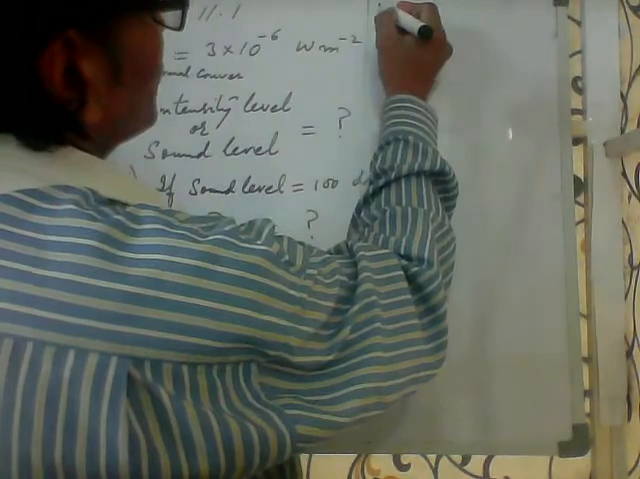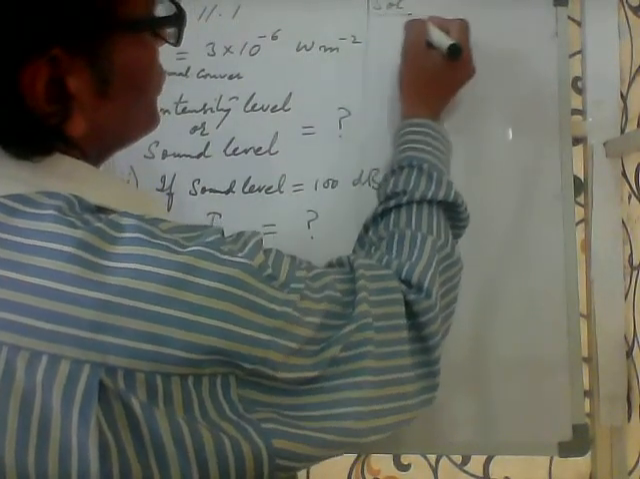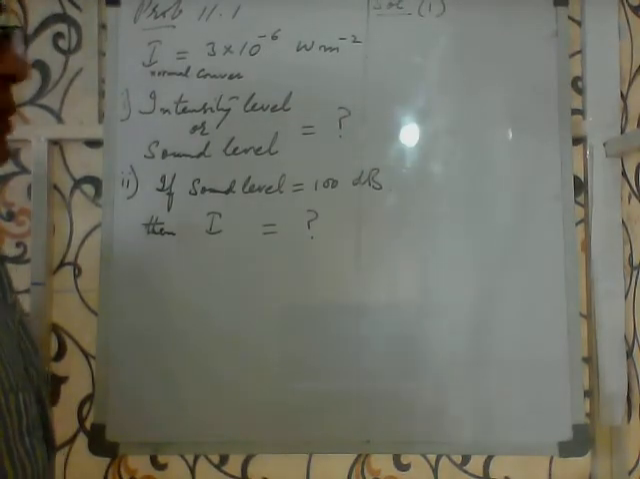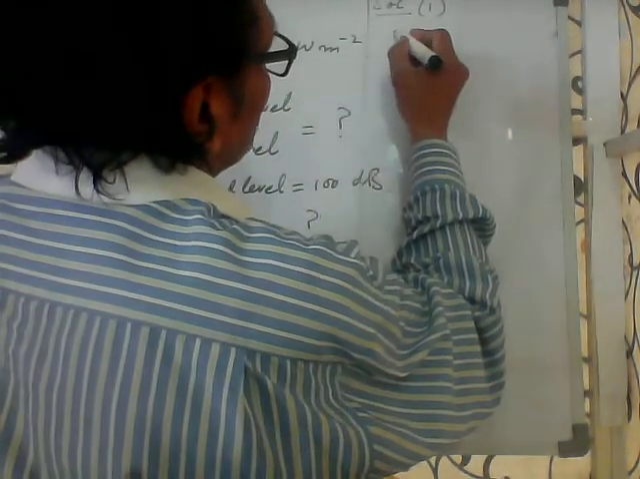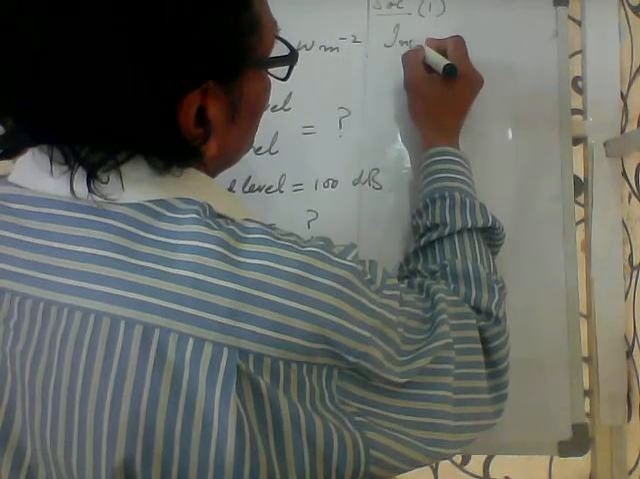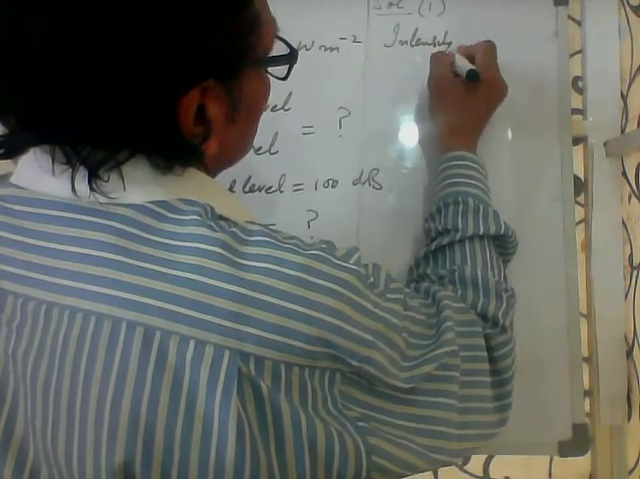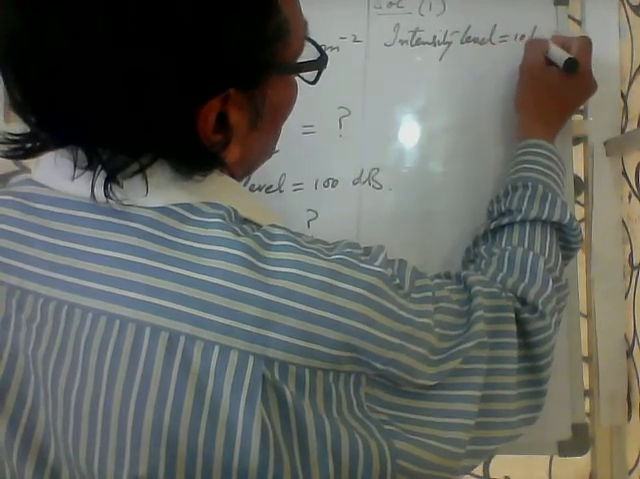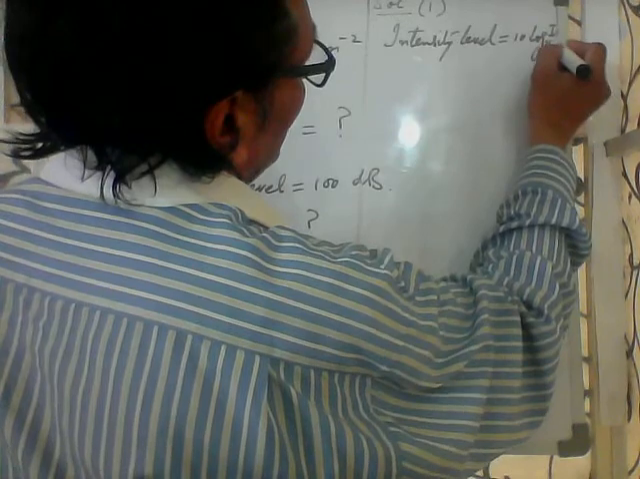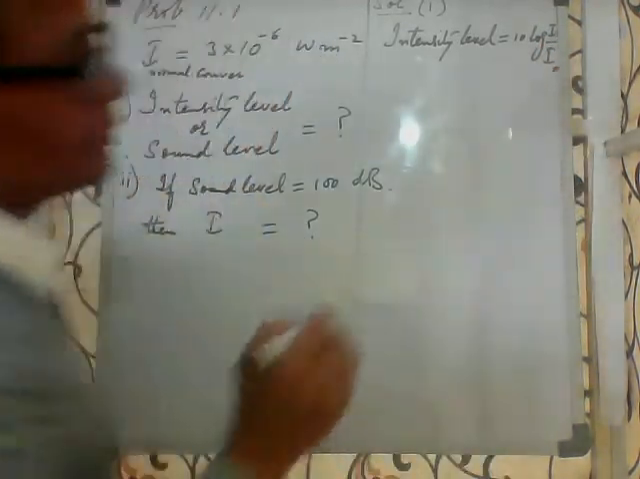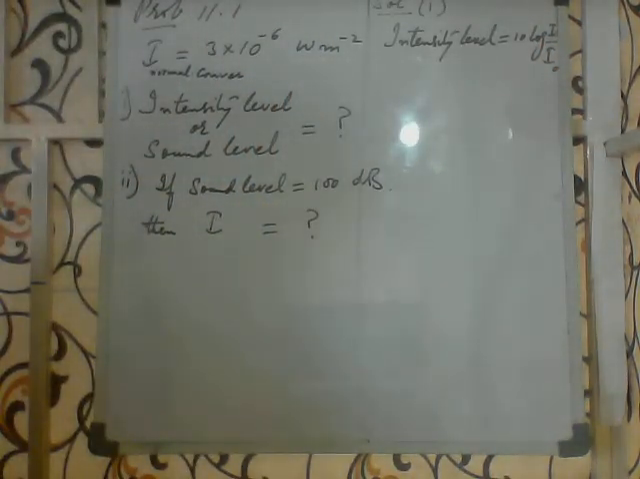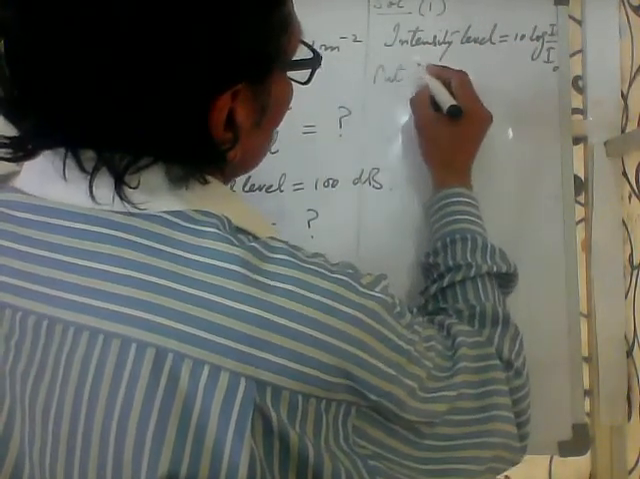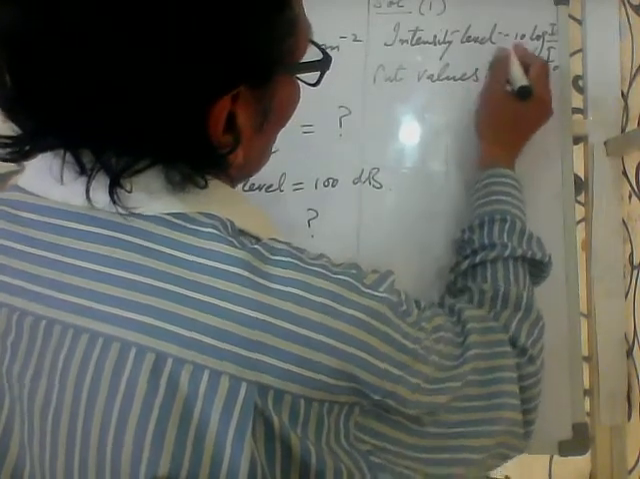So solution part 1. For solution part 1 we know the formula. Intensity level is equal to 10 log of I by I naught in decibel. So putting the values, we get